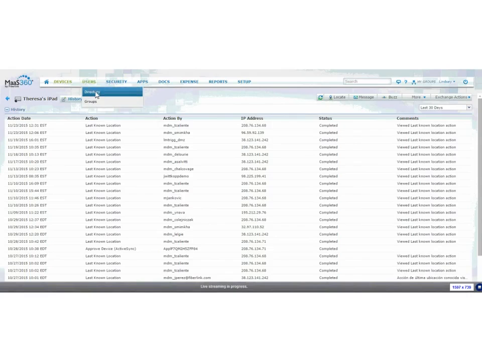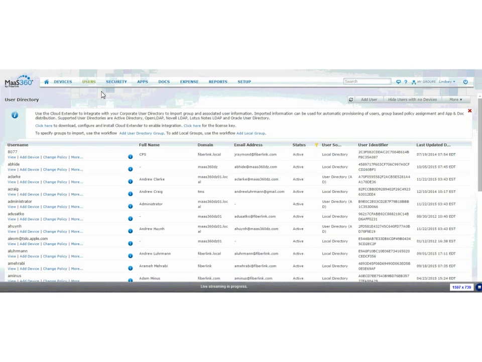Now, in terms of the user directory, we do have the ability, using the Cloud Extender tool, which I mentioned a little bit earlier, to integrate with an Active Directory LDAP. So we can use that. You can see here we can pull in that directory, your users, your groups, your OUs. You can leverage that to assign policies, distribute applications and documents, and really streamline the experience for your end user